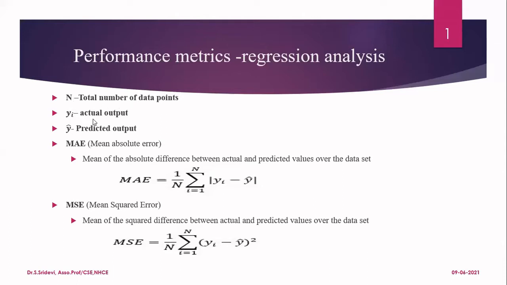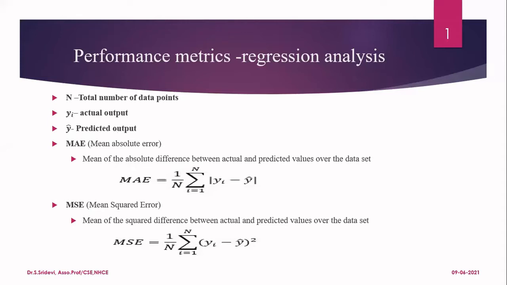nothing but the actual output given in the data set, because for regression, we will go for a supervised learning algorithm. So your target class will have the label. So let us assume that YA represents the actual output that is given in the data set. And I am going to use a regression model, and I'll be predicting the value of the output for each and every instance. Let me assume that Y cap represents the predicted output for a particular sample. YA is the actual output and Y cap is the predicted output. For each and every instance you are going to have the value.